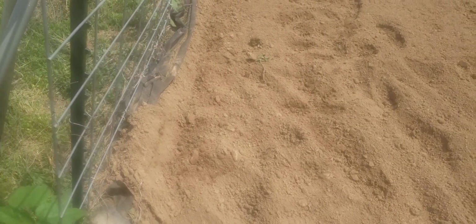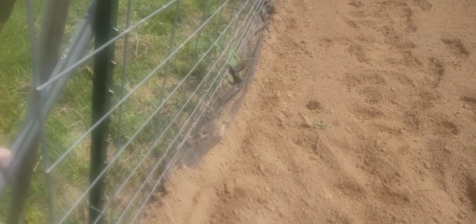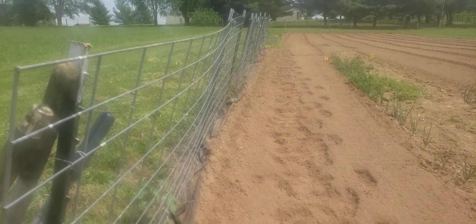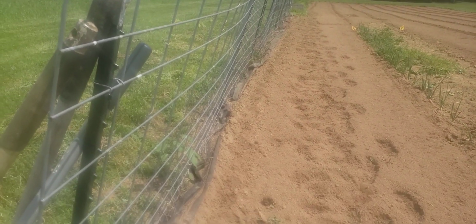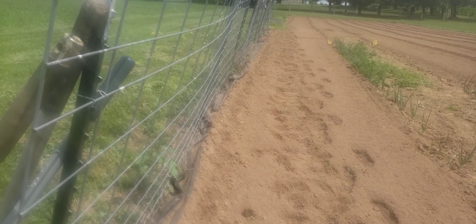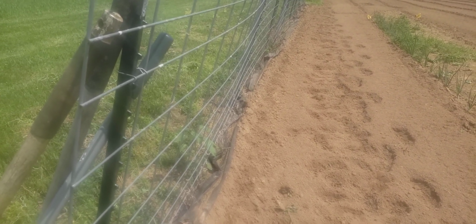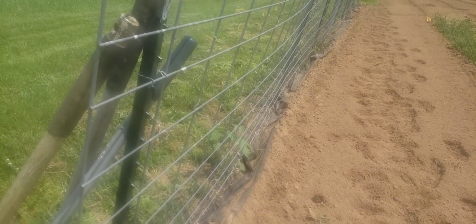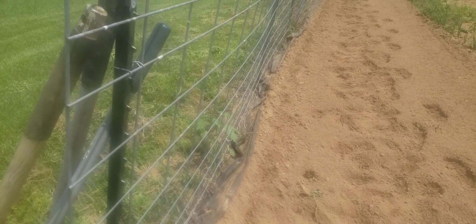And this trellis right here is where we do all of our cucumbers. I trellis my cucumbers. They vine up really good, train right up those trellises, and they're easier to pick. It keeps them off the ground, less disease, healthier plants. And we plant, let's see,